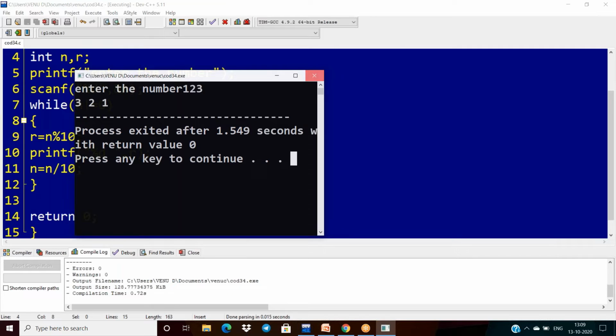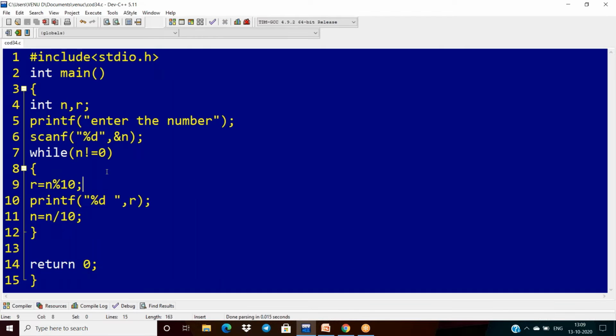So this way we are getting the digits, but what is our aim? We need to get the sum of these digits, so I have to take one more variable called sum. Then I have to take sum equal to sum plus r.